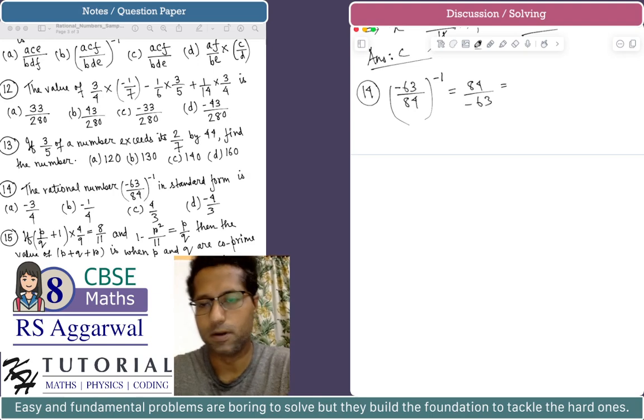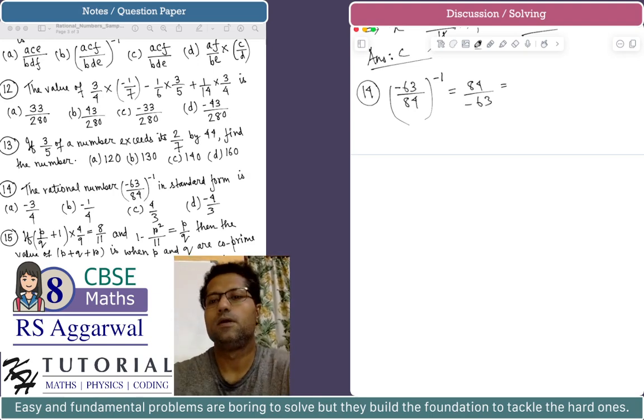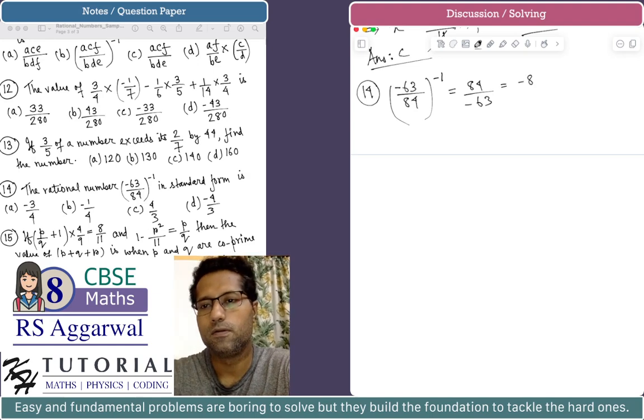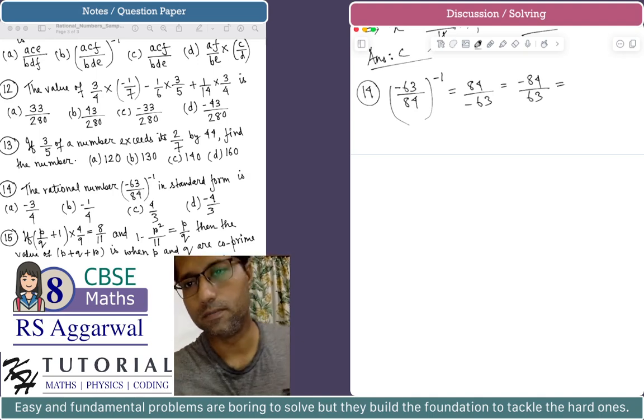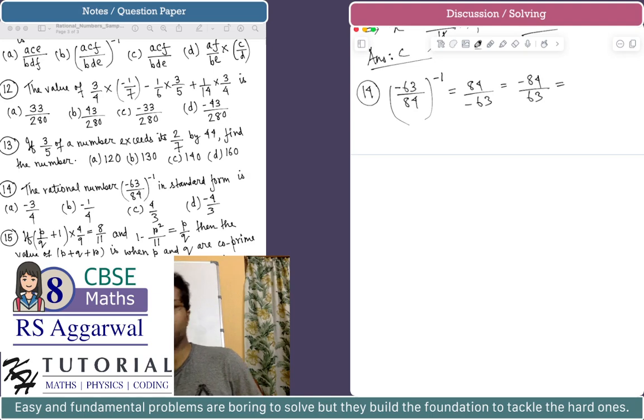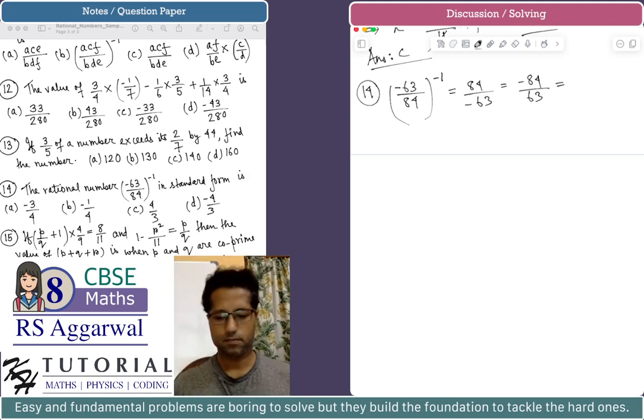Now we have the denominator negative, we will make it positive, it will become minus 84 by 63. It's not in standard form yet because both the numerator and the denominator have a common divisor. So we will divide both by the HCF of 84 and 63, which is 7. So this becomes